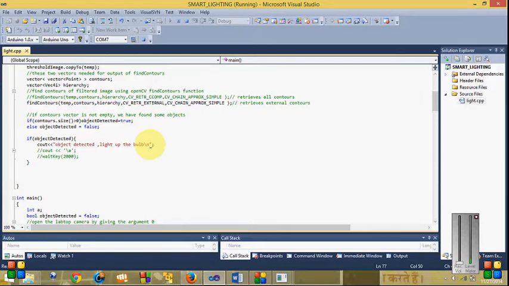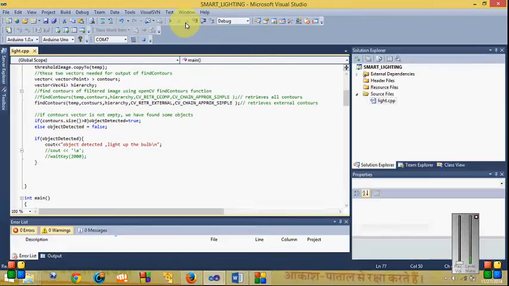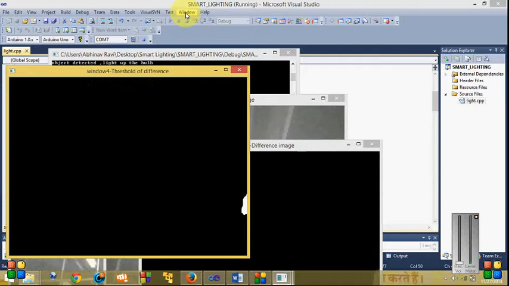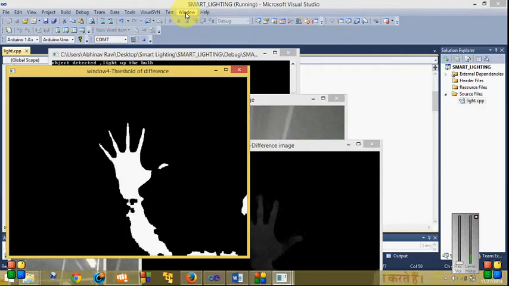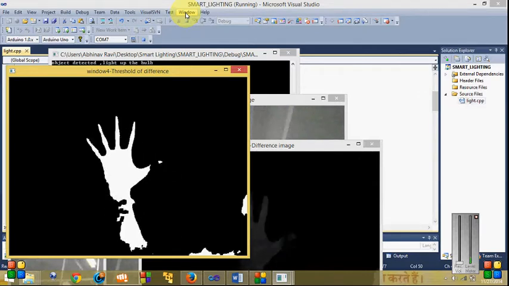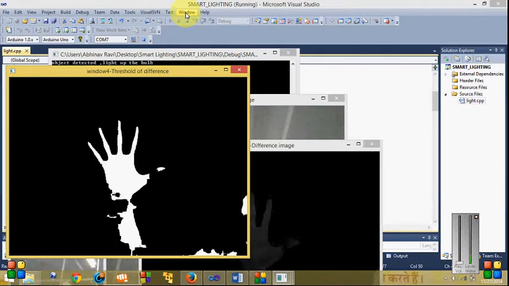And to differentiate the pixels we are interested in from the rest, which will eventually be rejected, means only foreground objects will be detected. Let me run it once again. Only the foreground is detected, and all the remaining background is discarded here, because we are only interested in the foreground, that is my hand.